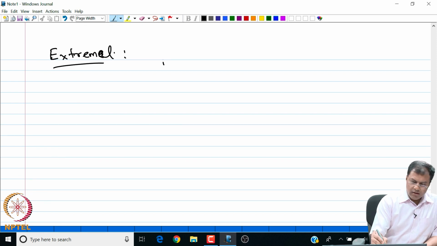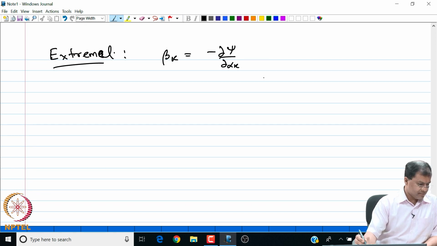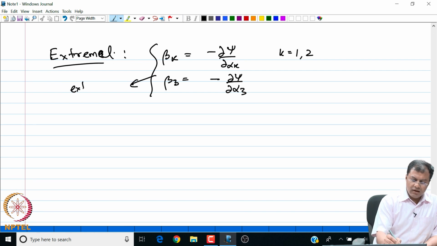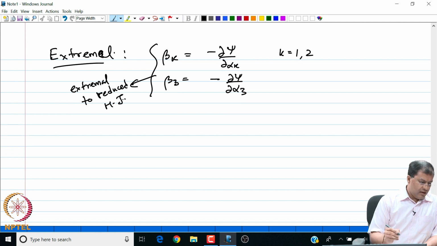I see that they are given by beta k is negative del psi by del alpha k for k equal to 1 and 2, and my beta 3 is minus del psi by del alpha 3, and so this will give my extremal to the reduced Hamilton-Jacobi equation. Now, if we were to seek the extremal to the original Hamilton-Jacobi equation,